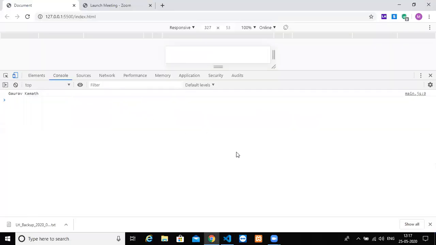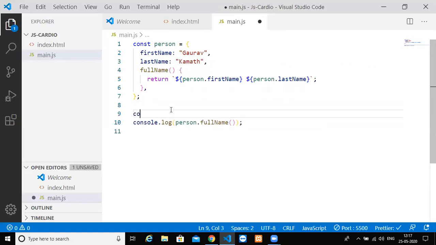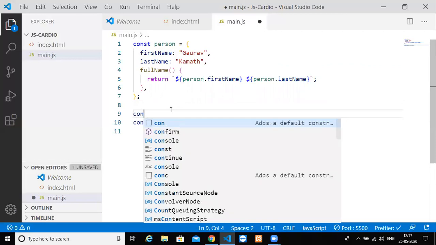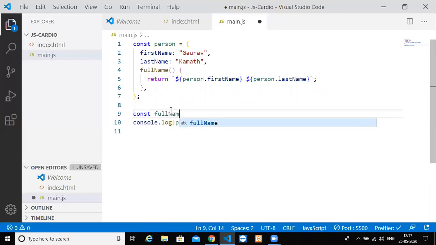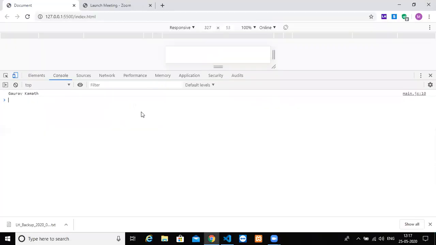Everything works properly. But now think that this full name is only readable. I cannot, for example, set it to Manikanta Nair. If I want to add this name to this function, I cannot do that. It still shows me Gaurav Kamath.